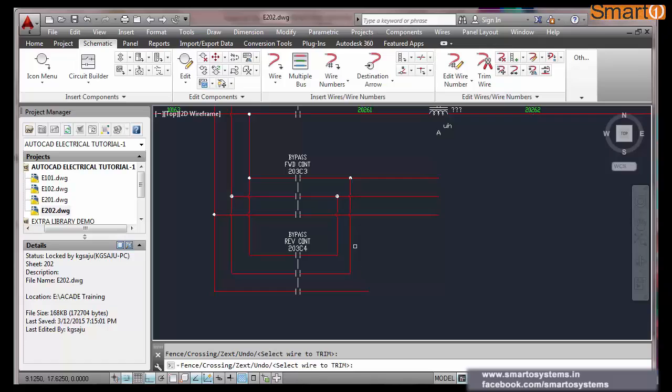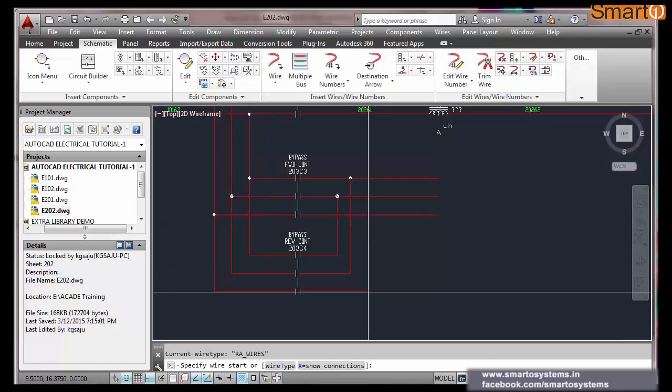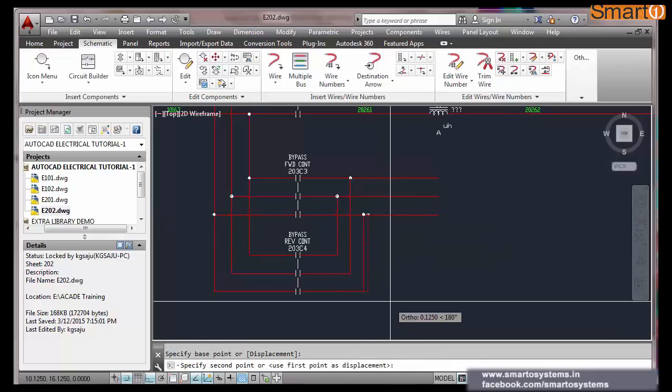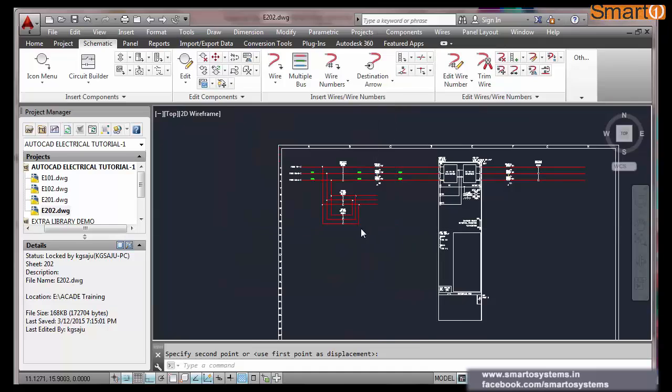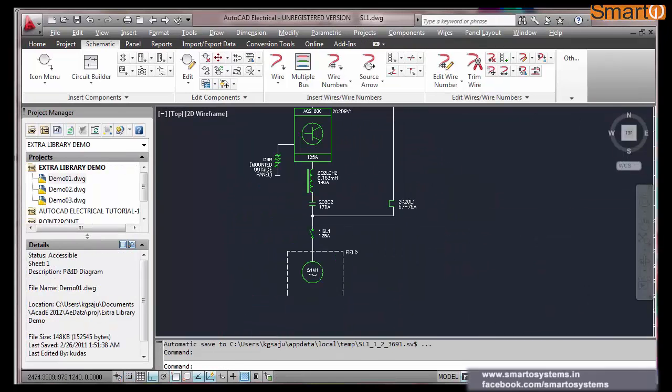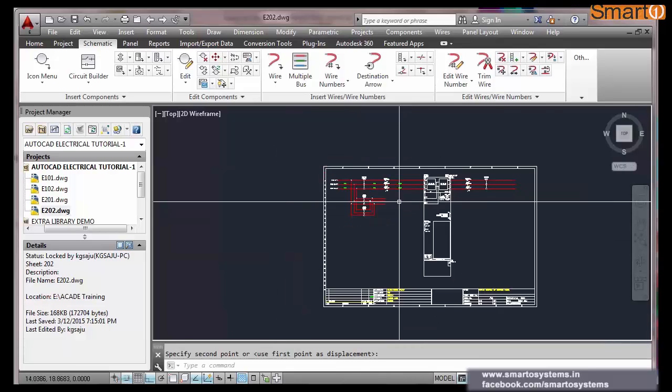The rest portion I am going to trim. We are going to connect here. So this is through and it is to be connected.